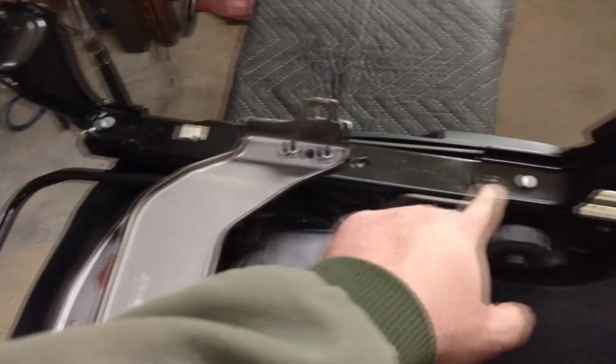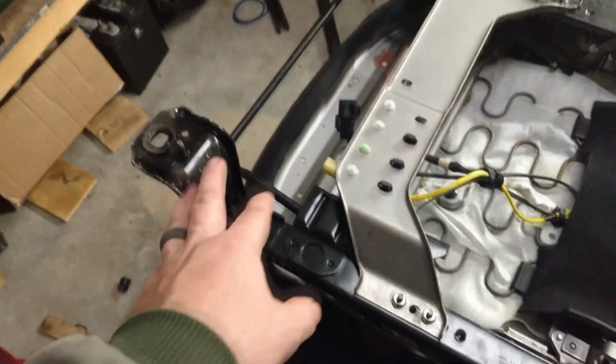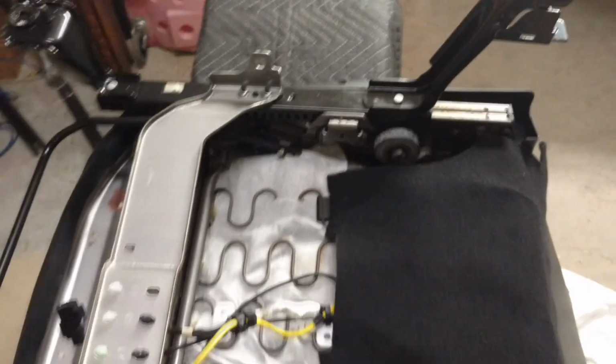You can see a couple little spots on it. So like I said, you're trying to get to this rail without hurting it, but it's okay if you just mess the feet all up. You need to get down to this rail on both sides, which is where we're going to weld the Toyota feet to. And like I said, I've got a mover's blanket